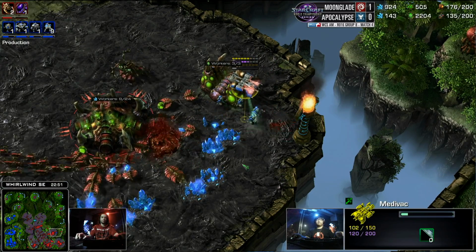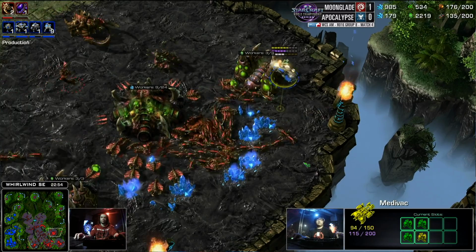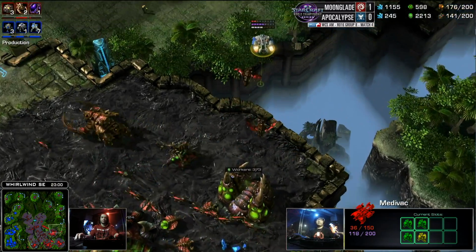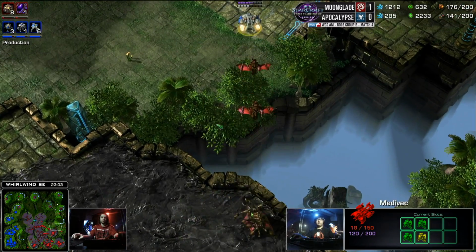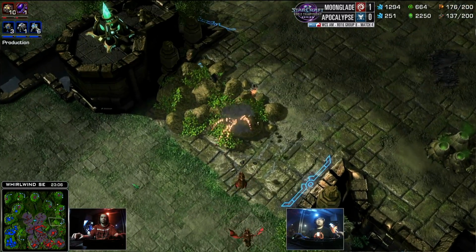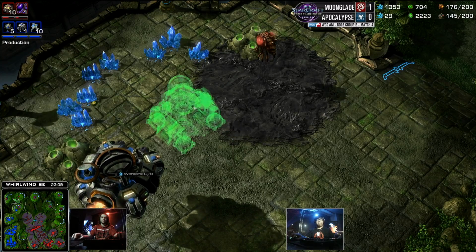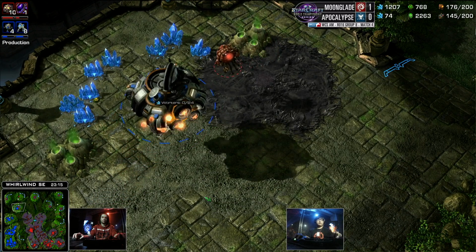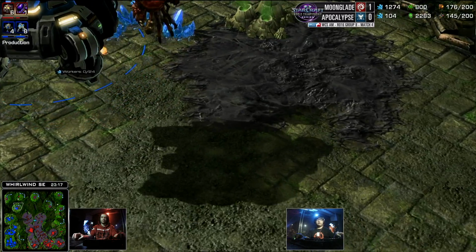And this is in a situation where Apocalypse is going to mine out. I mean, his income's almost non-existent. His main's done. His natural's done. His 3rd is on scraps. Where's he going to take a 4th base? Well, he's going to try to go for that top location, Overlord, but Moonglade, as this game goes along, he's looking stronger and stronger and stronger. I mean, Apocalypse has only...